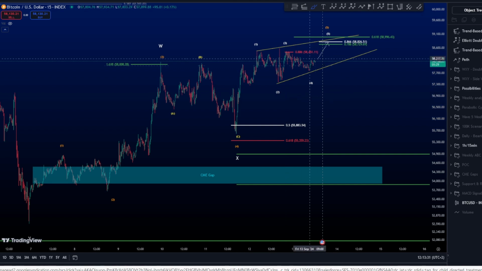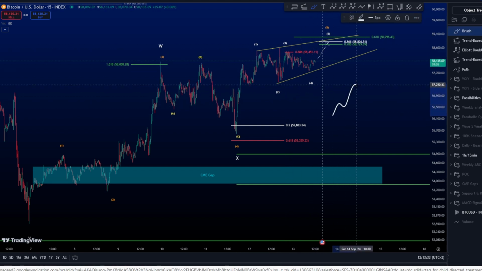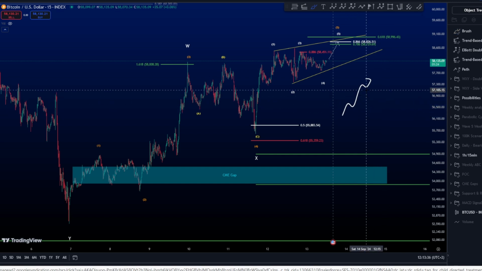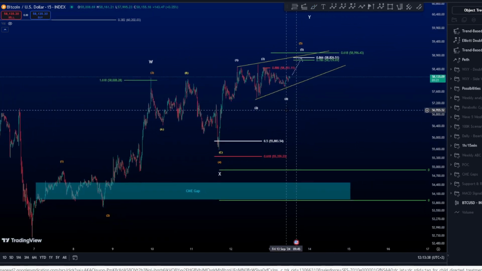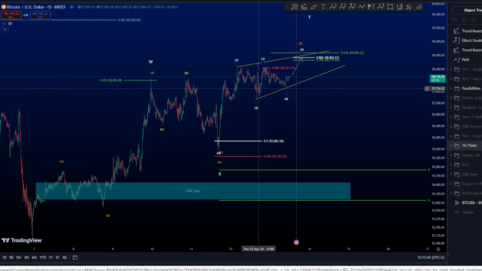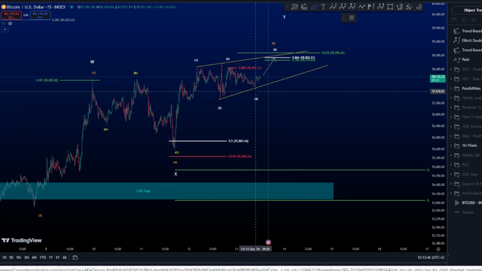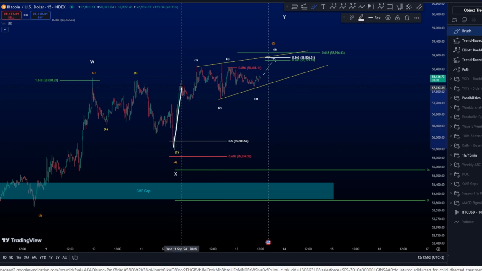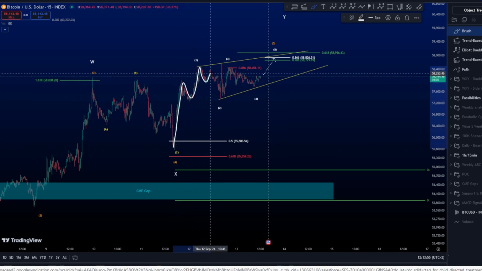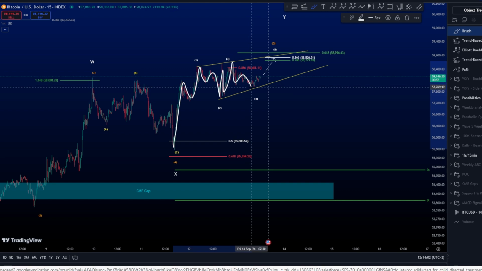We need to count for a wave 5, whether an impulse or at least an ending diagonal. So in that case, we cannot really call that an impulse has ended. We are looking here for a very complex wave, possibly that this diagonal has extended, where we have a zigzag for a wave 1 and then another zigzag for a wave 2 and another zigzag for a wave 3 and here a wave 4 also as a zigzag, and now we are still looking for one last final wave